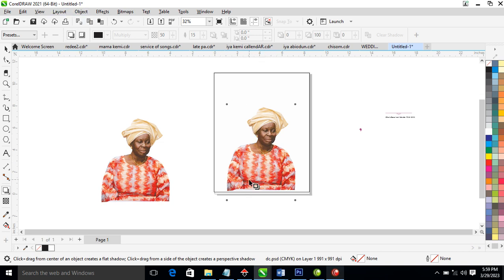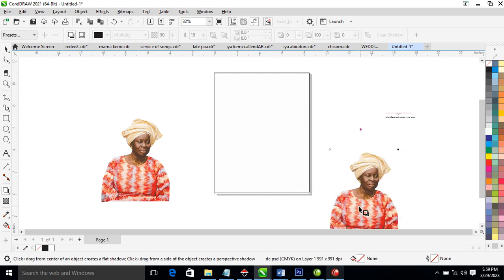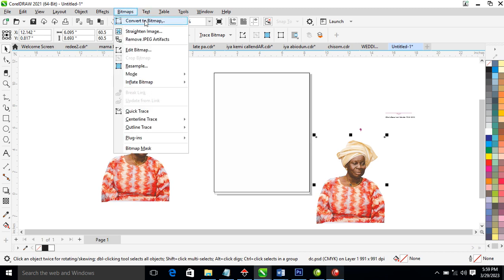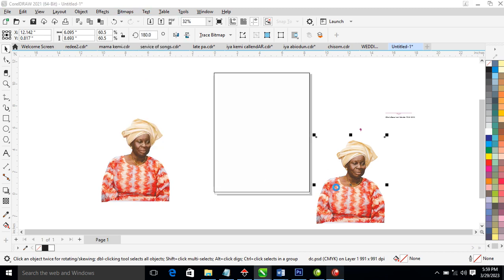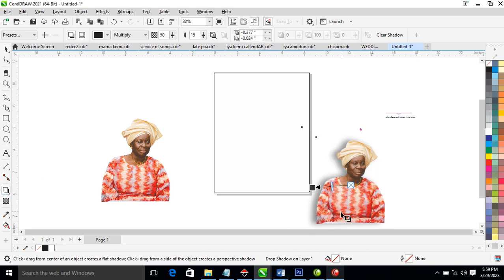Go ahead to your shape, bring that out, give a shadow. Let's bitmap, convert to bitmap. It's okay. Then you go ahead to your shadow tool, apply shadow. Good. So what we're going to do right now is to go ahead and change the color of the shadow to